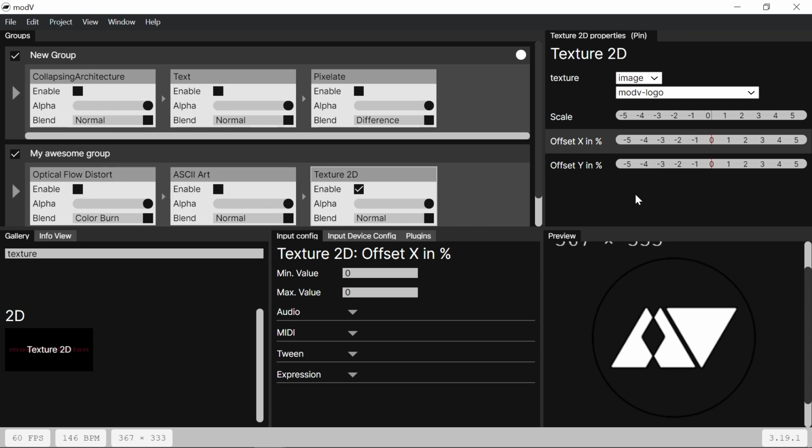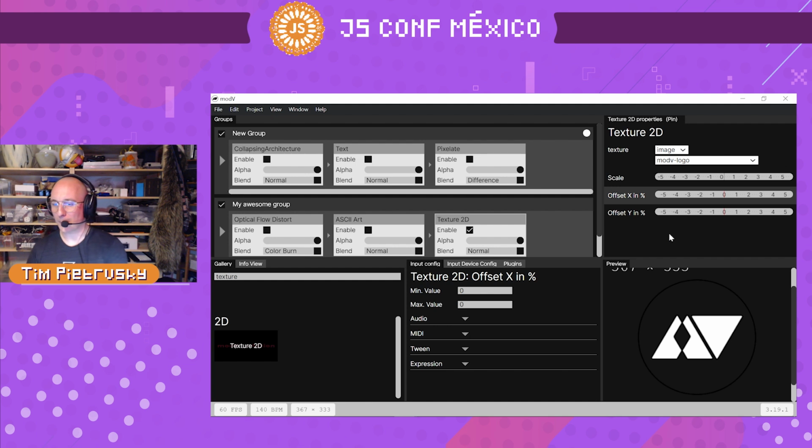And you can also play around with the Y offset. Yeah, so this is the image part,